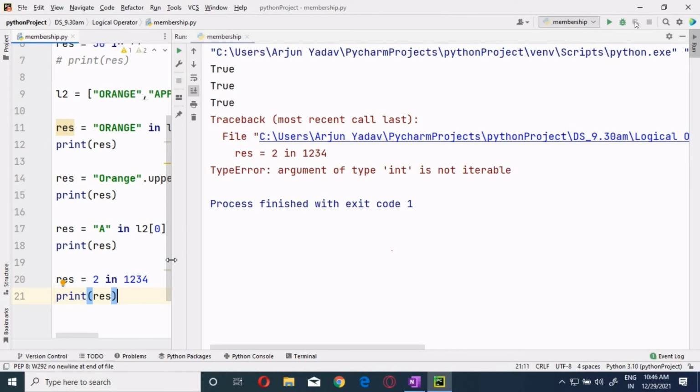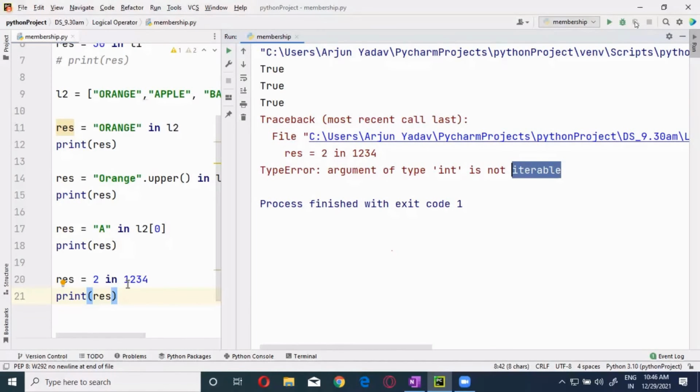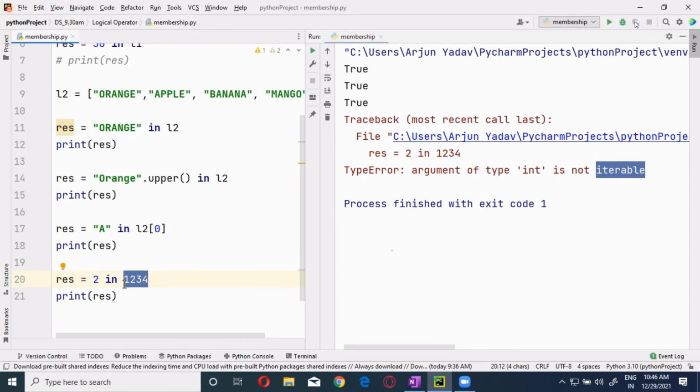Okay. See, iterable is simply, I will explain this when we are dealing with the for loop. Iterable is simply sequential data. In other words, sequential data. Now here, is this a sequential data type? What is this? Fundamental data type. What is this? Integer. Okay. What is this?